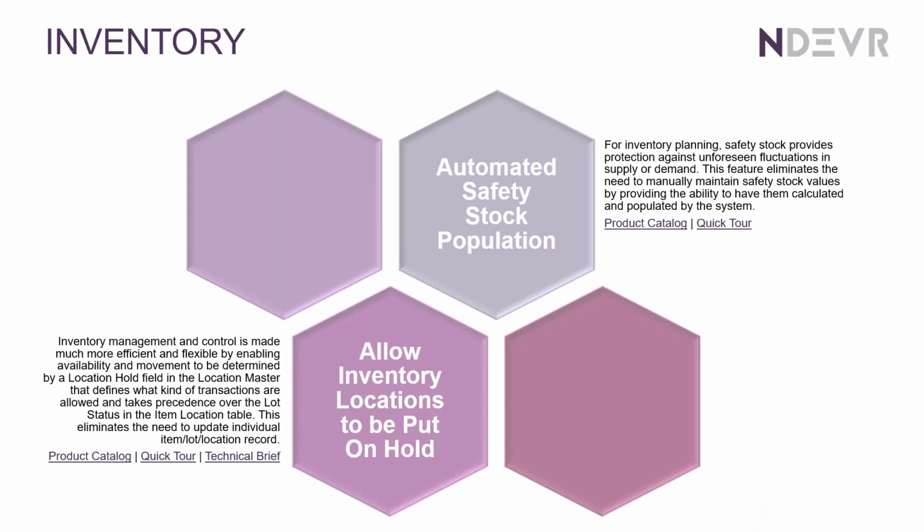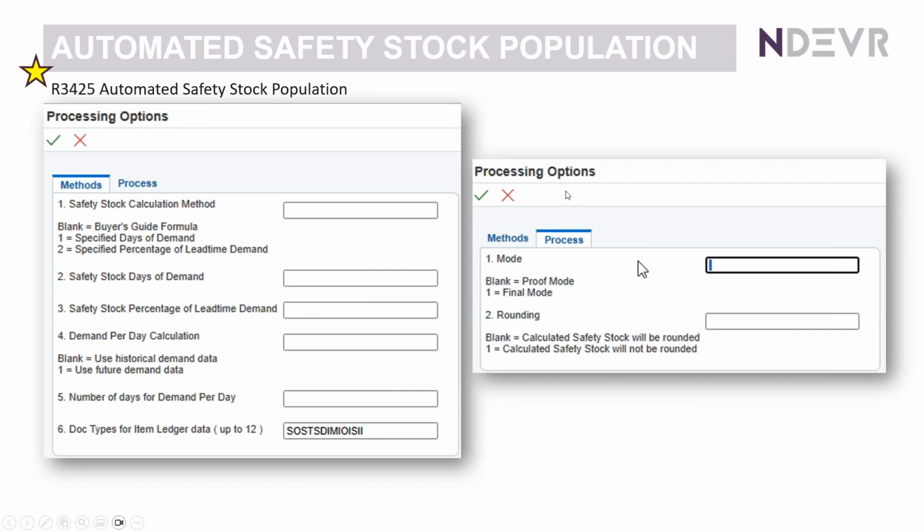On the inventory side, we've got 2 new enhancements. The one is the automated safety stock population, and the other one is to allow inventory locations to be put on hold. So if we take a look at the automated safety stock,